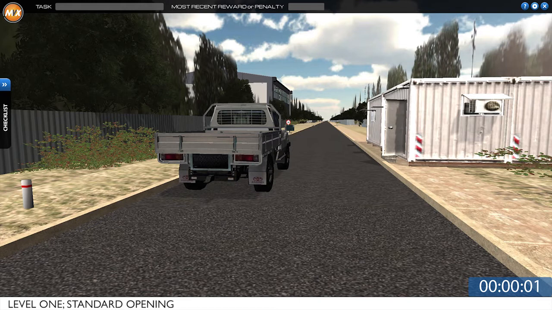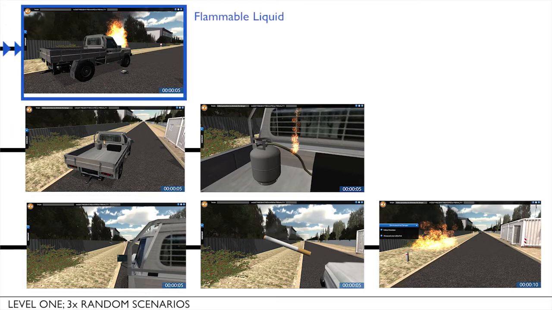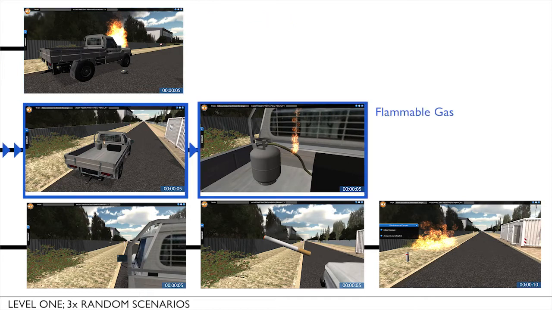This is the first level. The location for each level will always stay the same. What will change is the fire emergency scenario. For example, this level has 3 possible scenarios, which will be randomly chosen at the time of play. Each scenario may show a different type of fire, whether it be a flammable liquid, a flammable gas, or a